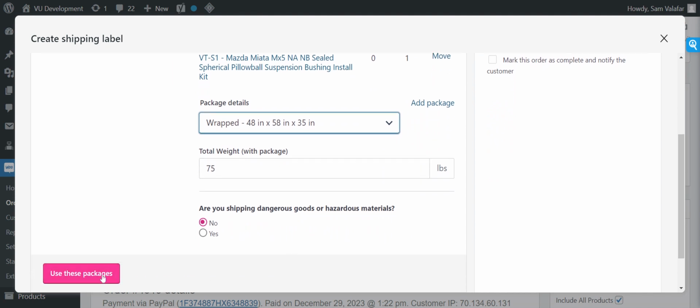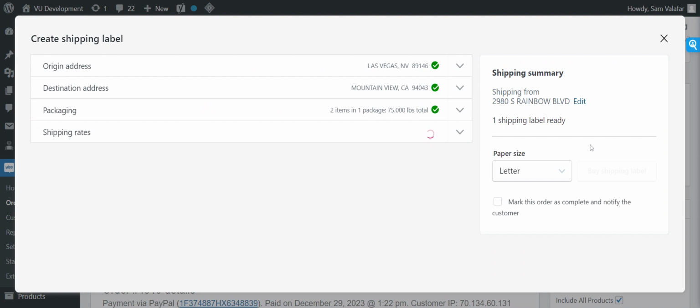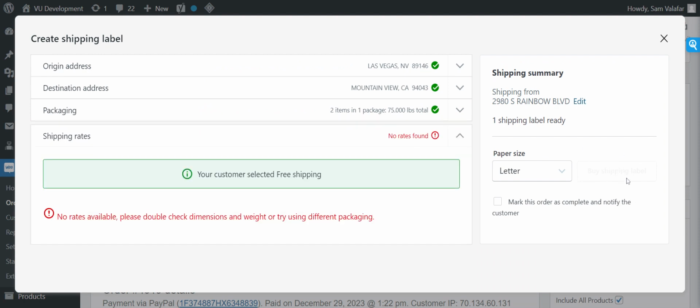But once you do that, right here there is a buy shipping label that's grayed out. The only reason why that's grayed out is because you don't have your credit card method put in there. So once you get your credit card method put in there, you'll be able to click and buy the shipping label for that particular order, and then print that out. And I think that is it